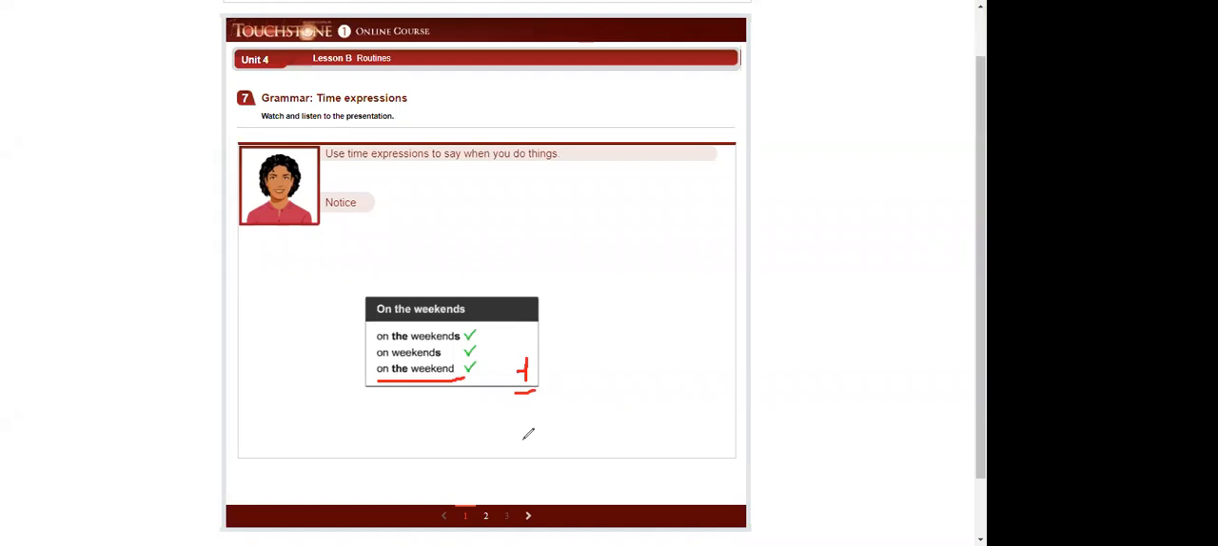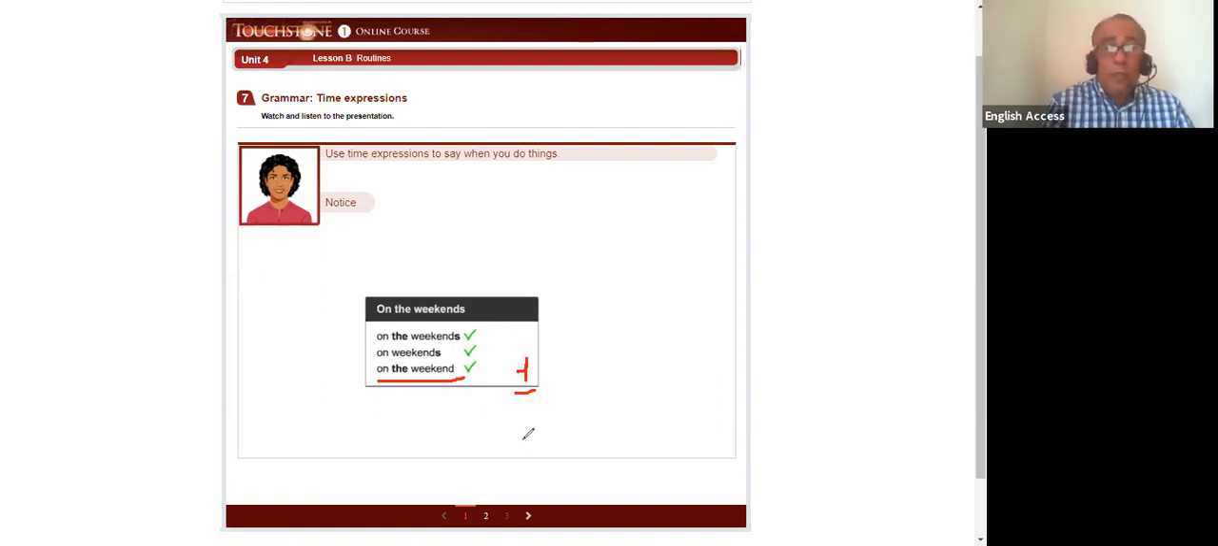This weekend maybe is a party. It's only one weekend. But if this party is next week also, it's a repetition. So you have a party this weekend, and then you have a party next weekend. You say weekends with an S, because the activity repeats this week and next week. Is it clear, Carolina? You repeat the activity